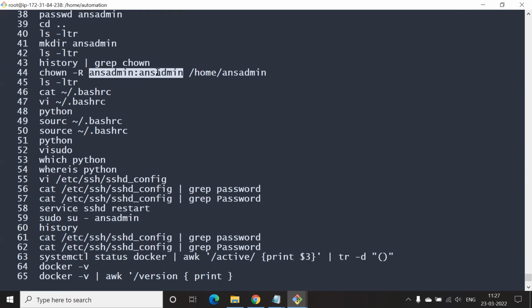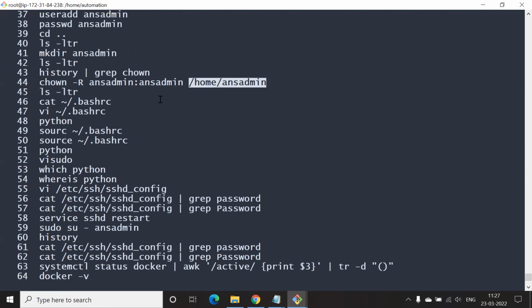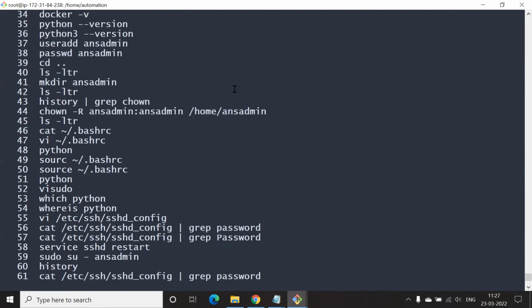Yes, we are creating these users on all the three nodes, and we are changing the ownership of the directories. We created the Ansible user password and did passwordless SSH also. Very good. So today we'll get into a little bit of action. And I think yesterday we created the SSH keygen, right? Yes.